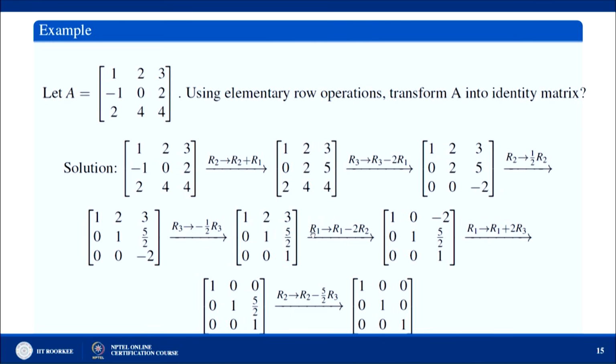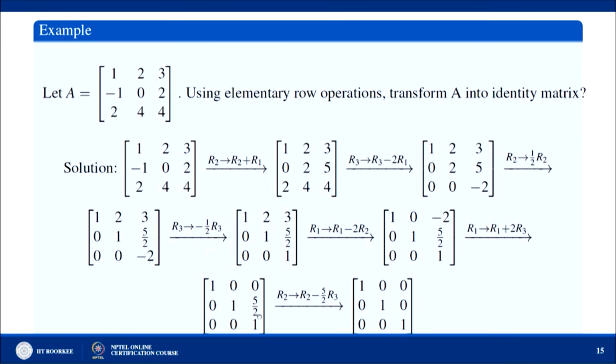That means, in row 1 you apply the elementary operation R1 minus 2 times R2. So, this minus 2 times this is 1, this minus 2 times this is 0, this minus 2 times this is minus 2, and all other elements remain the same. Now, you have to make 0 here. So, to make 0 here, we take the help of this 1. So, you replace R1 by R1 plus 2 times R3. So, this plus 2 times this is 1, this plus 2 times this is 0, this plus 2 times this is 0, and the other elements remain the same.